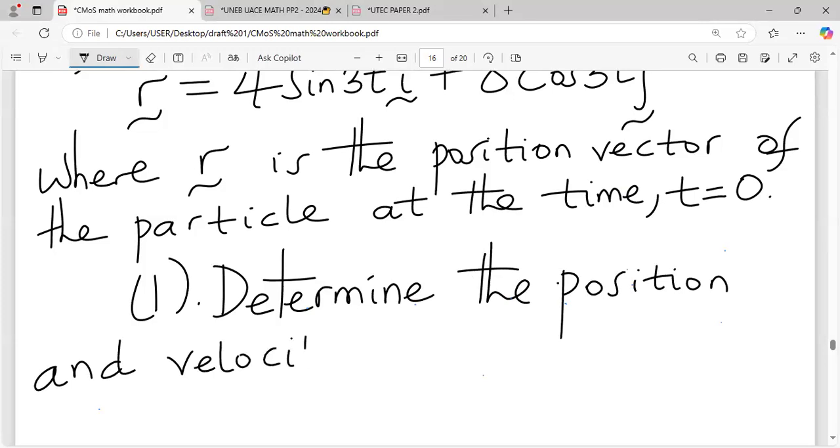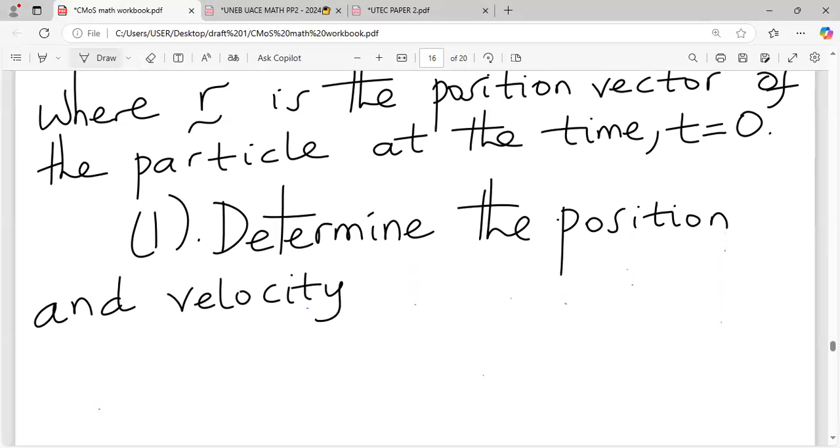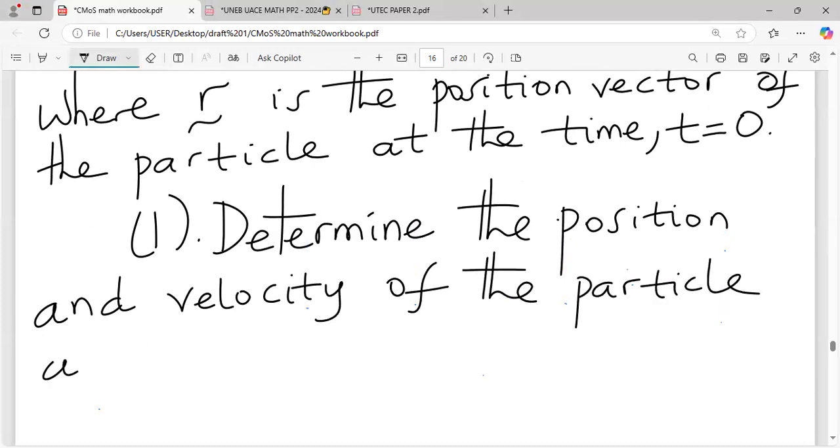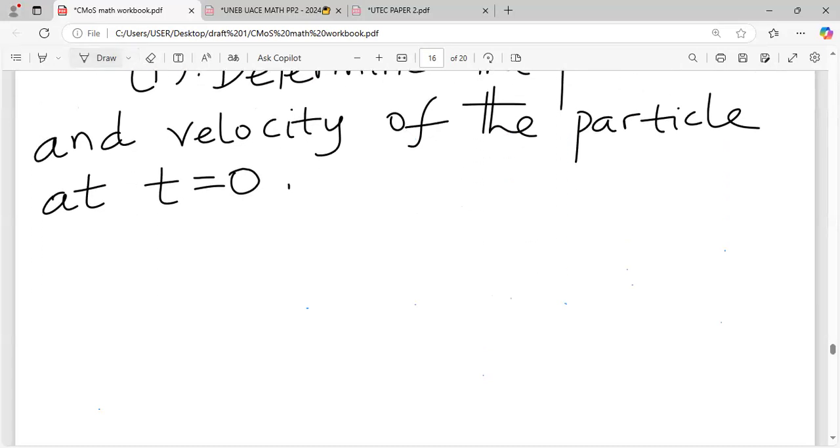So you ask yourself, what is the relationship between velocity of the particle at t equal to 0? Then Roman 2, they are saying show that